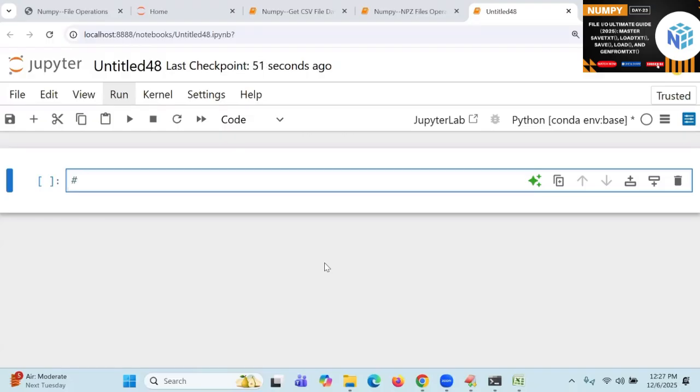For x in d1, I write the dictionary object. If I print it, what will come? Keys will come. We don't know which keys they used, but I am getting the keys. And there is also a function called d1.keys. Here also with the npz file, for x in the npz file name, all the keys will come. Then I can use loaded of that key.